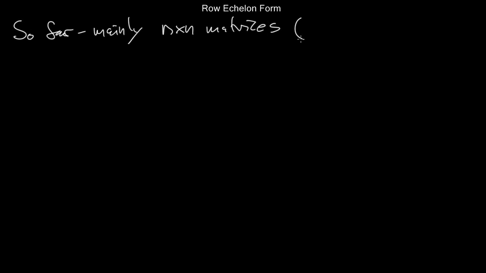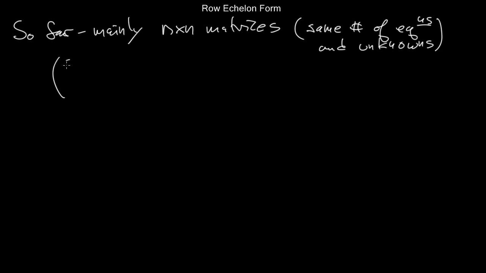Today's topic is general row echelon form. So far, we've been focusing mainly on square matrices, n by n matrices, which in terms of linear equations corresponds to having the same number of equations as variables, or unknowns. So let me just remind you, if you have a 2 by 2 equation like this,